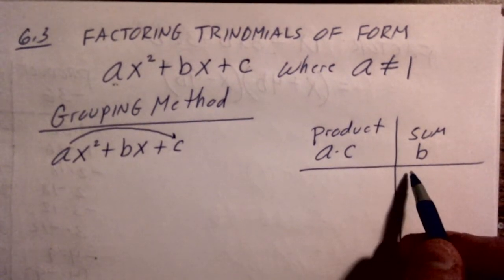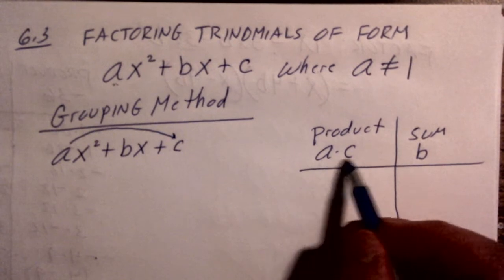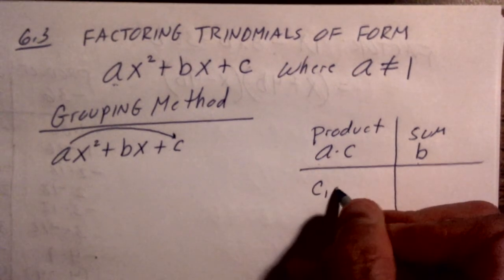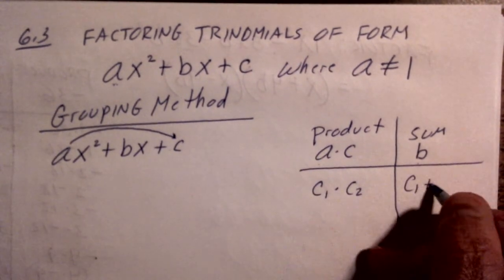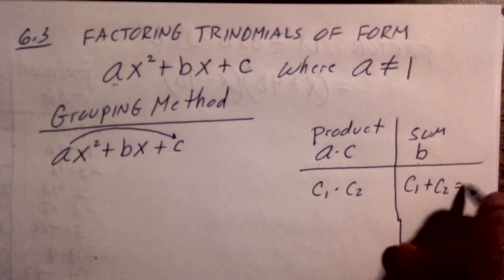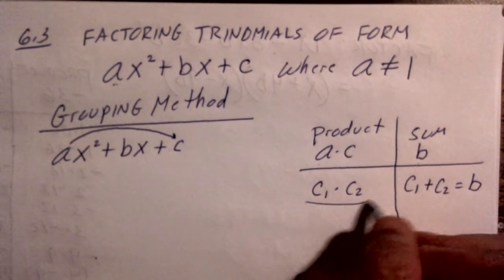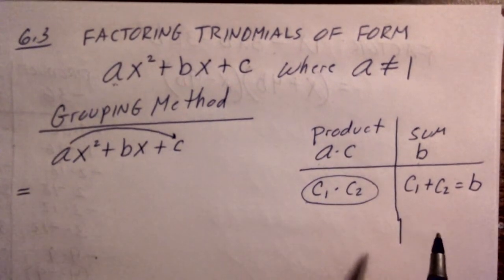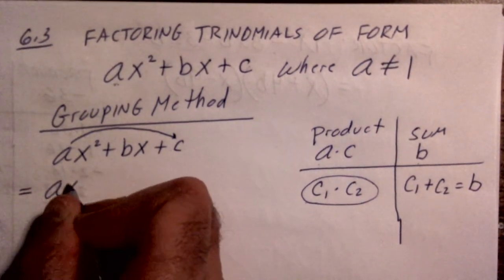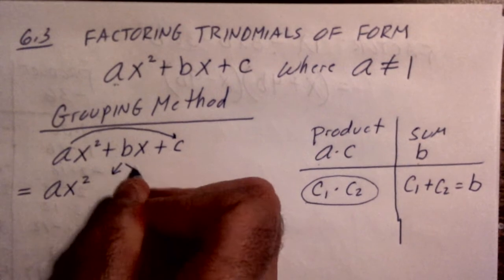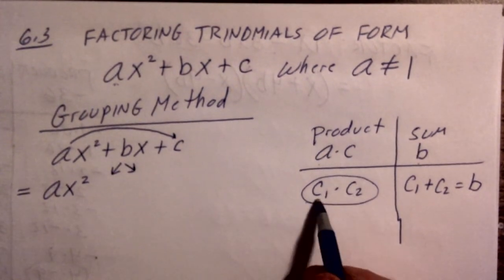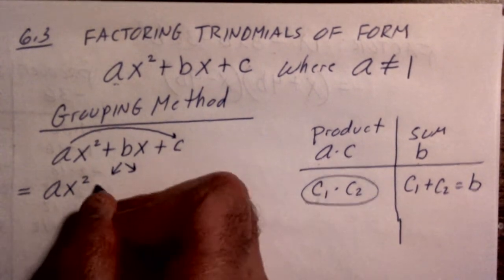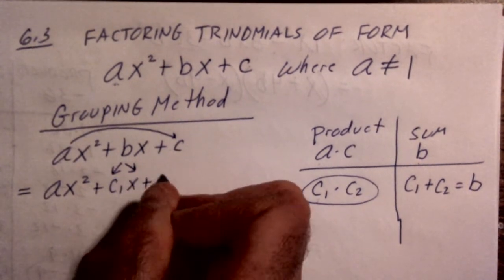All right, now we're trying to find a couple of factors of A times C that add up to positive B. Suppose that those factors were like C sub 1 and C sub 2. Suppose these are factors of AC that do indeed add up to our middle coefficient of B. So what we would do now is we would rewrite this trinomial as an equivalent 4-term polynomial. So we would say our trinomial is equal to ax squared. Now this middle term is going to get split up and rewritten into the sum of our decided upon factors over here. So bx is going to be rewritten now as c sub 1x plus c sub 2x